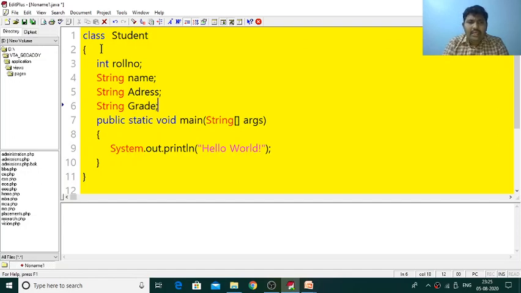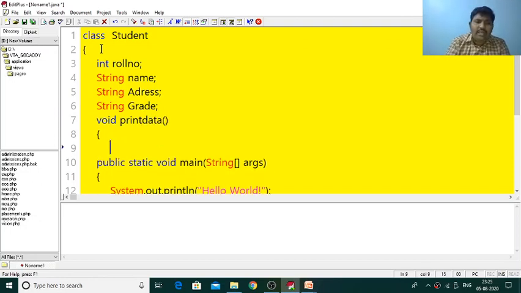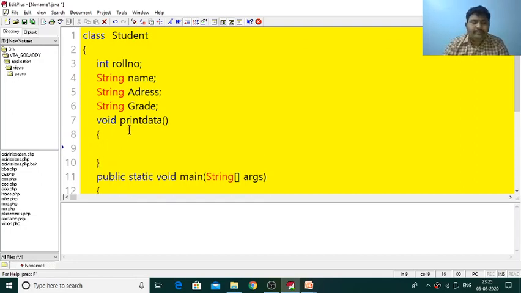Like this, I have mentioned the properties of this particular class Student. Now we should have some methods. For example, if you want to print all this information, I need a method, printData.